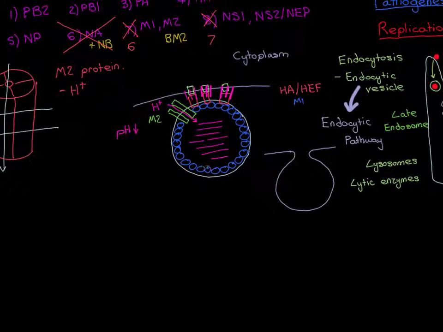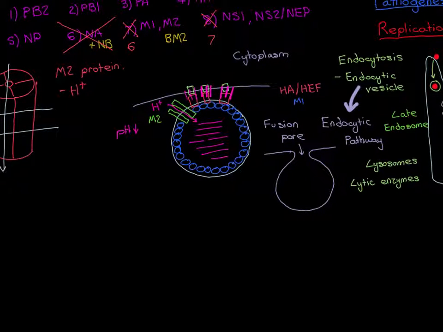Now the shell is breaking down, the ribonuclear proteins are no longer bound to the M1 proteins. What can now happen? They can leave through this little fusion pore that we've got. So that's a nice little piece of terminology that I feel I should add on to this diagram. This little pore here is called the fusion pore. So here we go. So now the ribonuclear proteins can escape through this fusion pore, and then they're in the